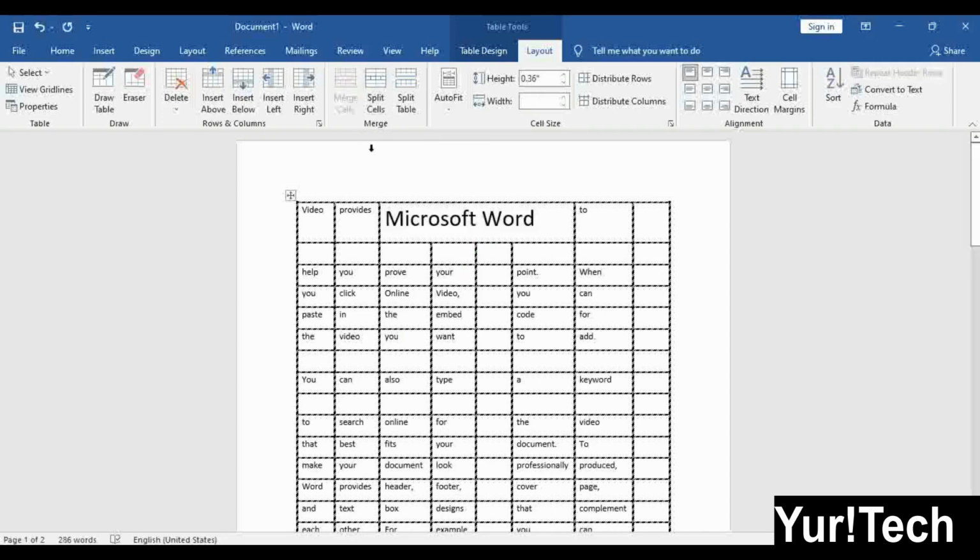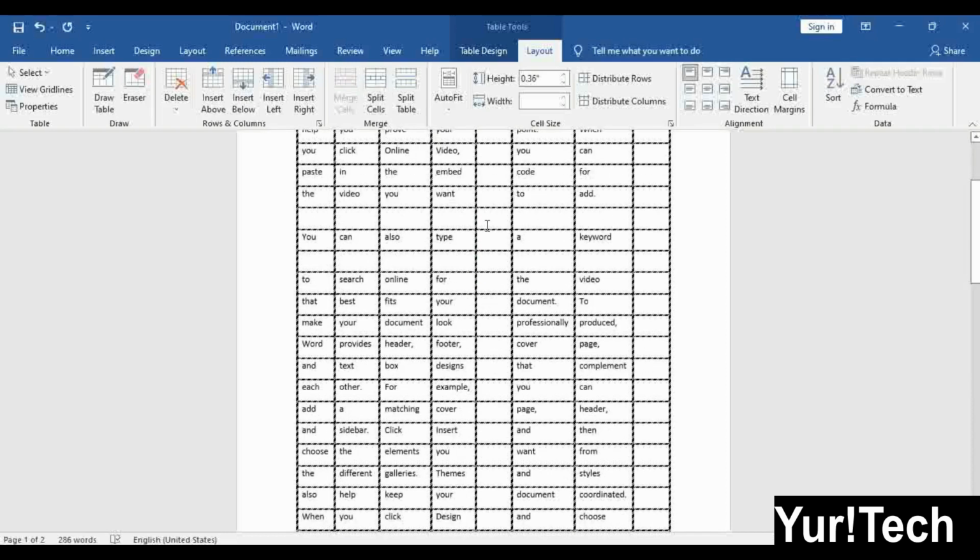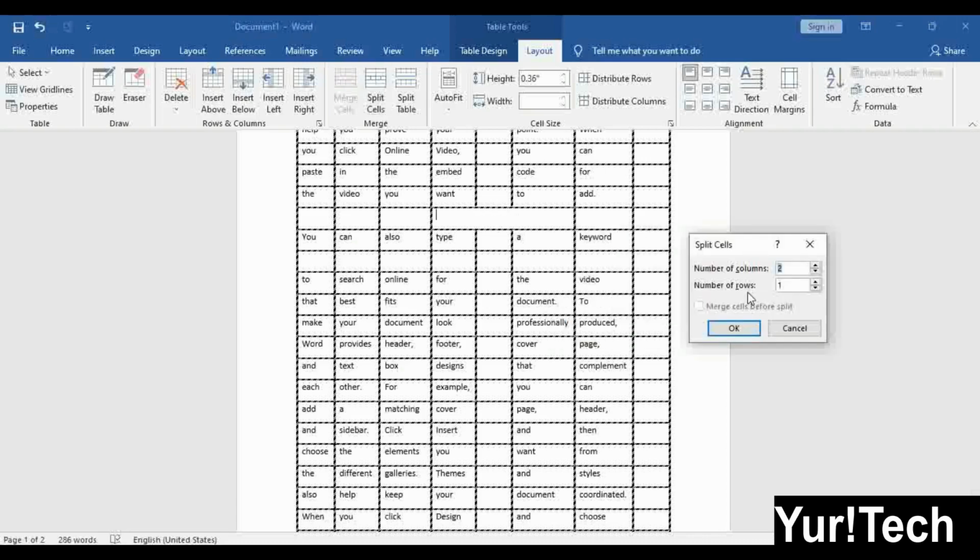Split cell, as I told you before, like this I have merged. Now I want to insert some column again, I want to make this one cell into two cells, so click here one time. Now what I want is one column, not row.